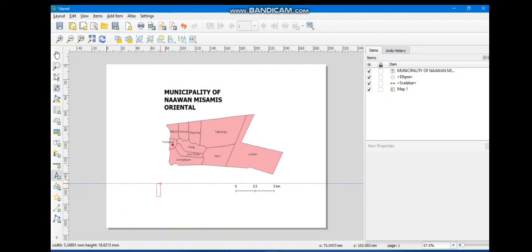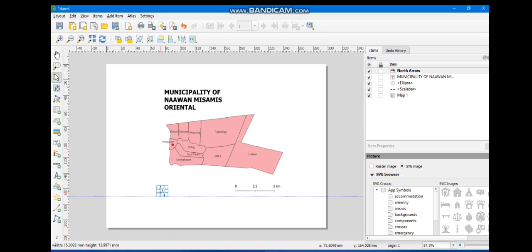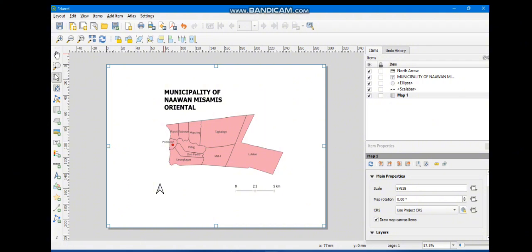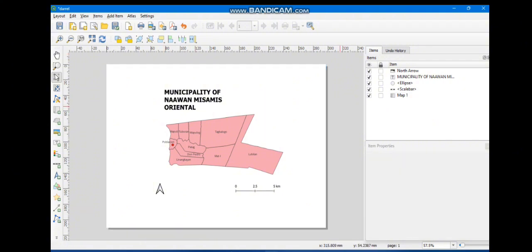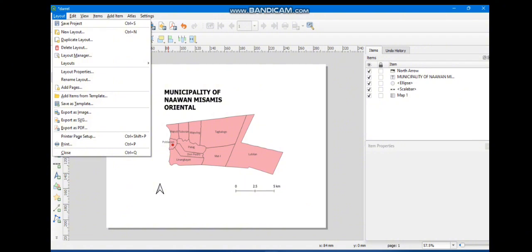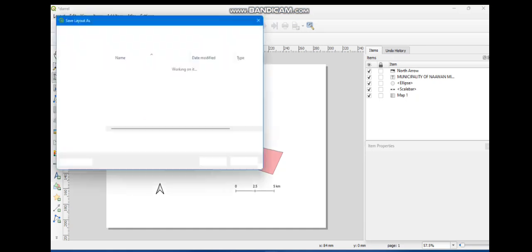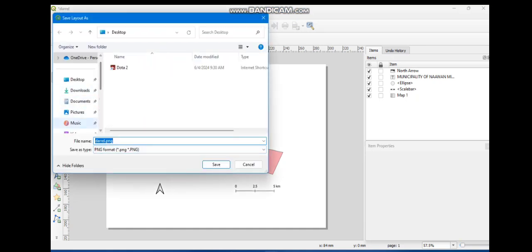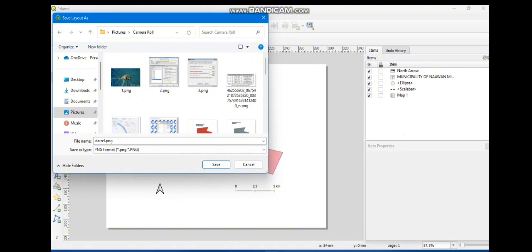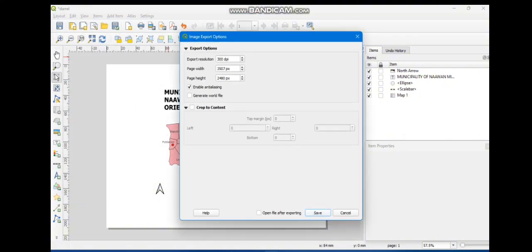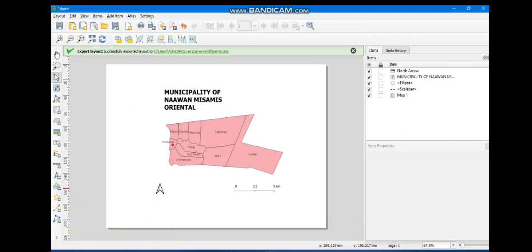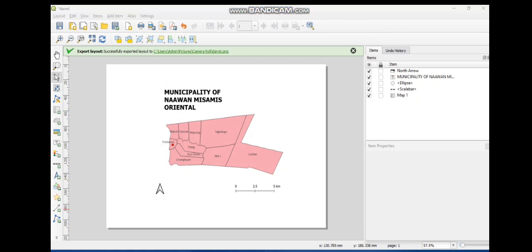Then click the add items, and then we will now select the arrow, and then now click the layout, and then click save as. So the file name I am going to save is here. So it's already exported,